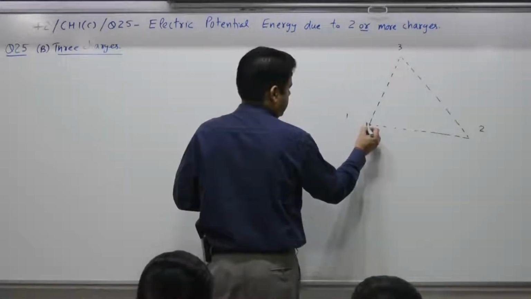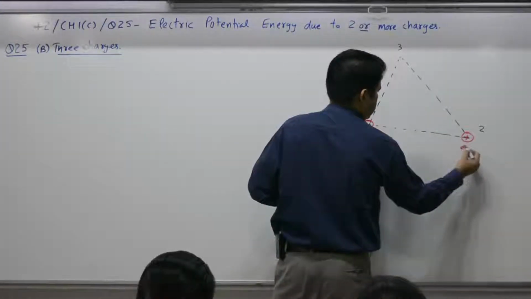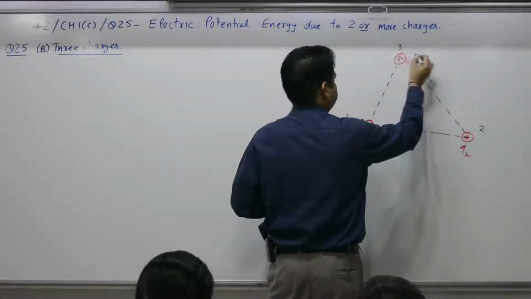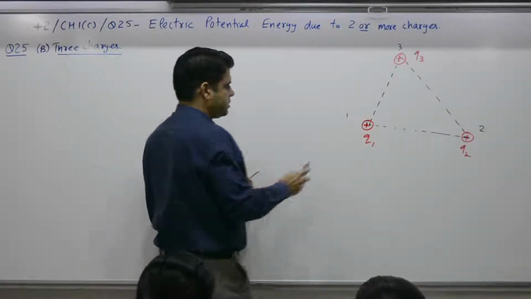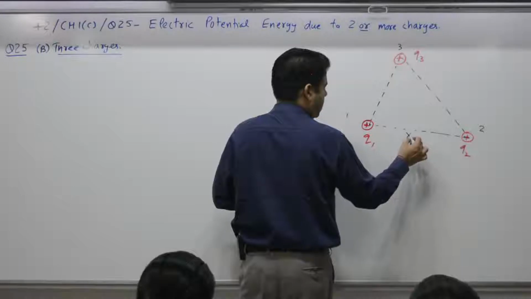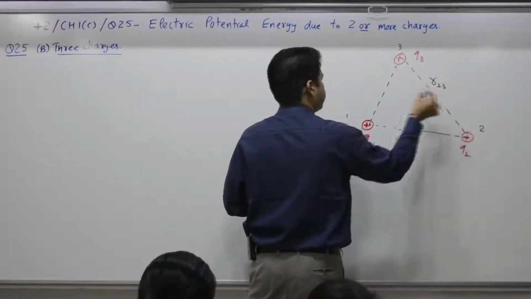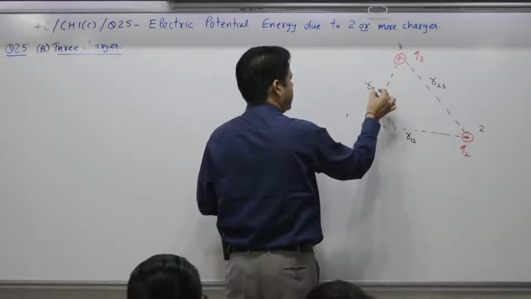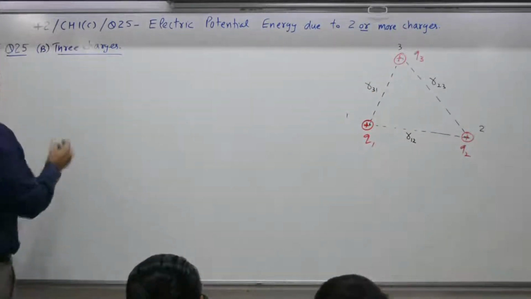Three charges are placed. What is the distance between 1 and 2? R12. Distance between 2 and 3, R23. Between 3 and 1, or you can write 1 and 3, R31. You will have to define the total energy of the system